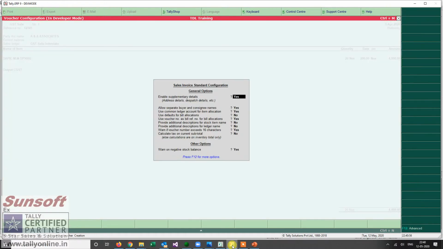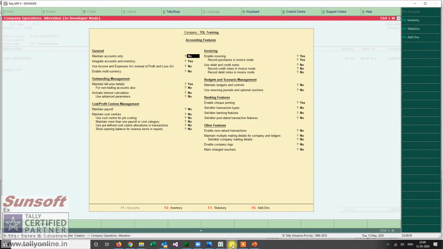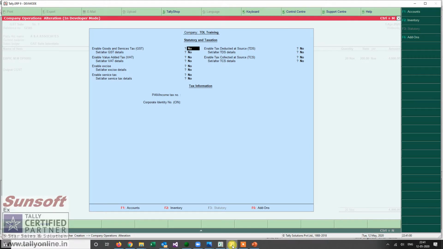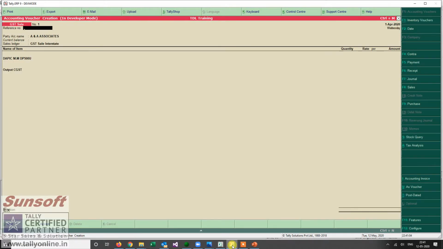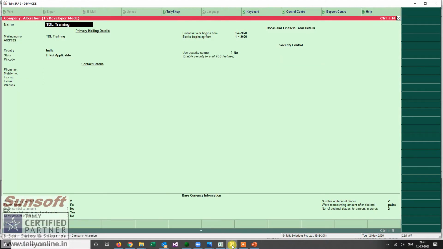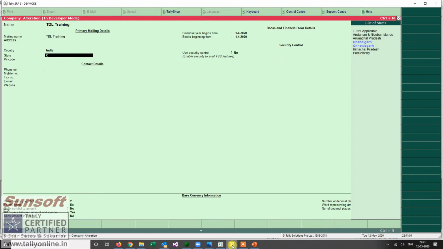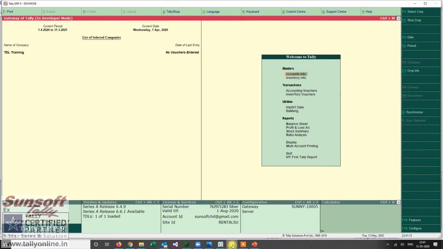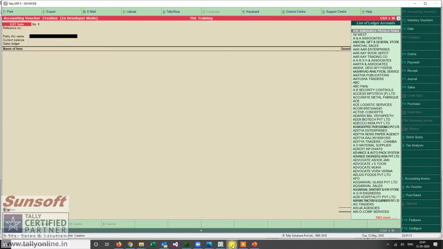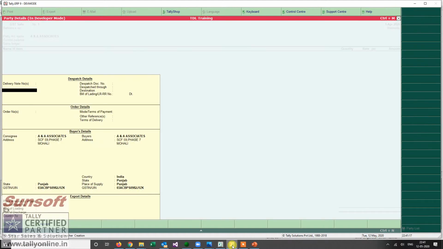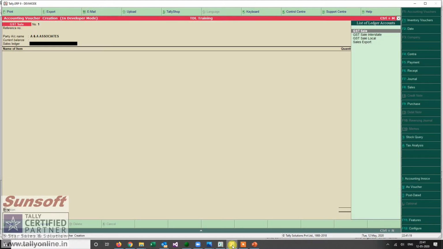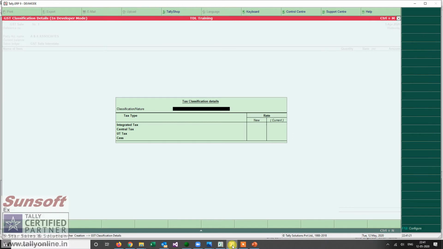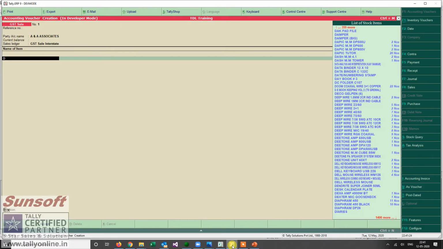Now I suppose GST is not enabled in this, so let me enable the GST and even give it a state. I am giving it Chandigarh, that is my home state. Now I again post the voucher, GST as interstate, and I take any one of the items.